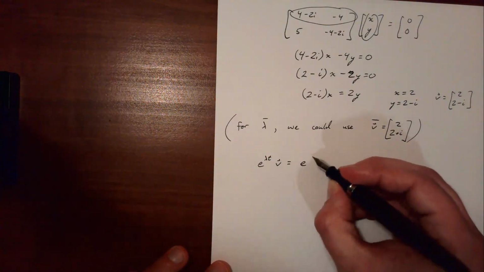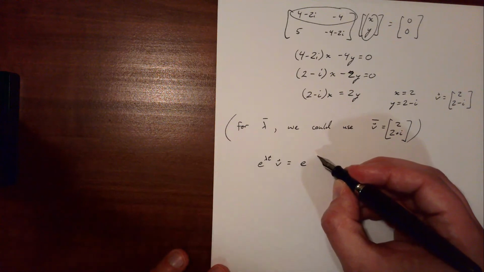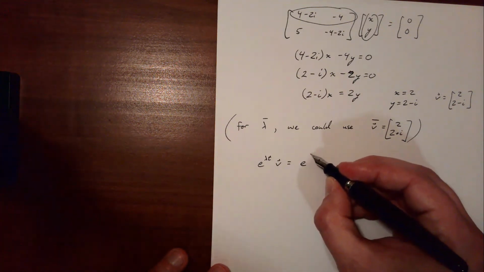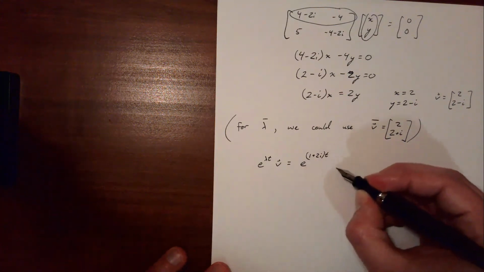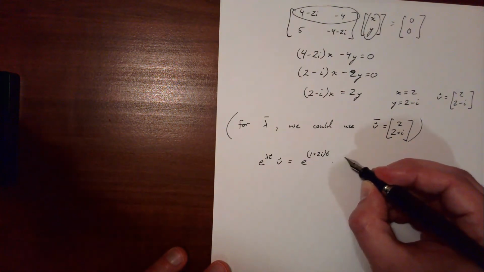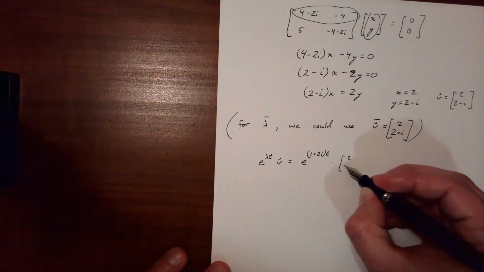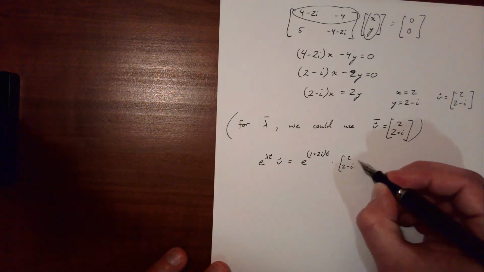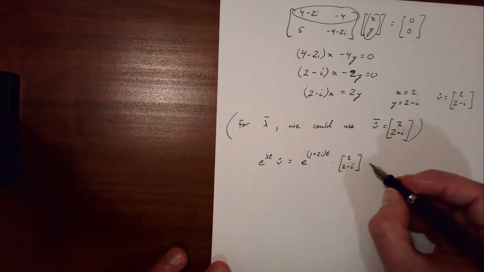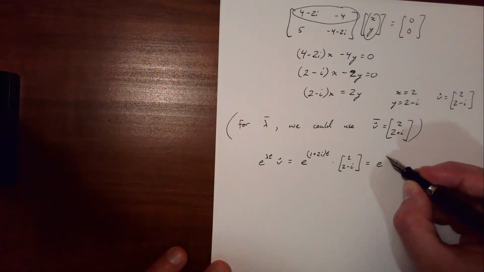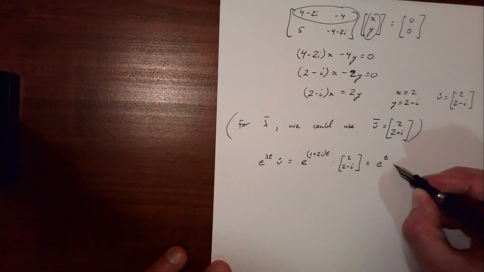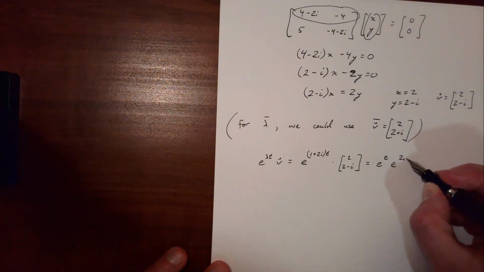This is going to be e to the, what was our lambda again? 1 plus 2i t times v, which is 2 minus i, which is just going to be equal to e to the t times e to the 2i t,